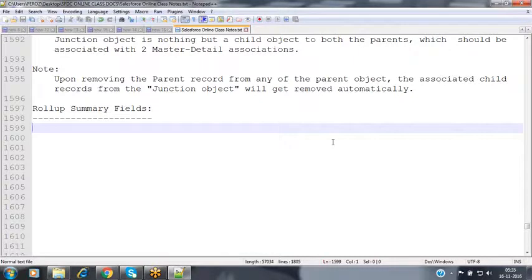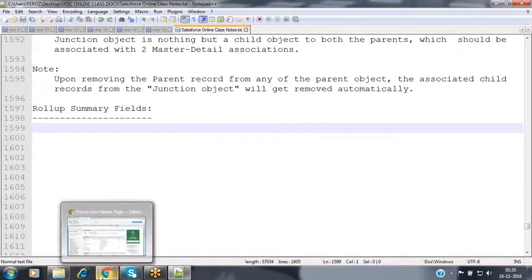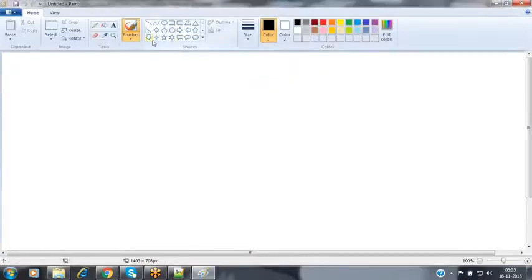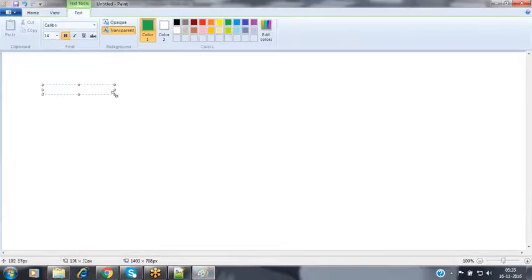So what exactly is this roll-up summary? Basically, we have a few objects which are associated with each other, like a parent and a child. Let's say, for example, I'm having a parent object.